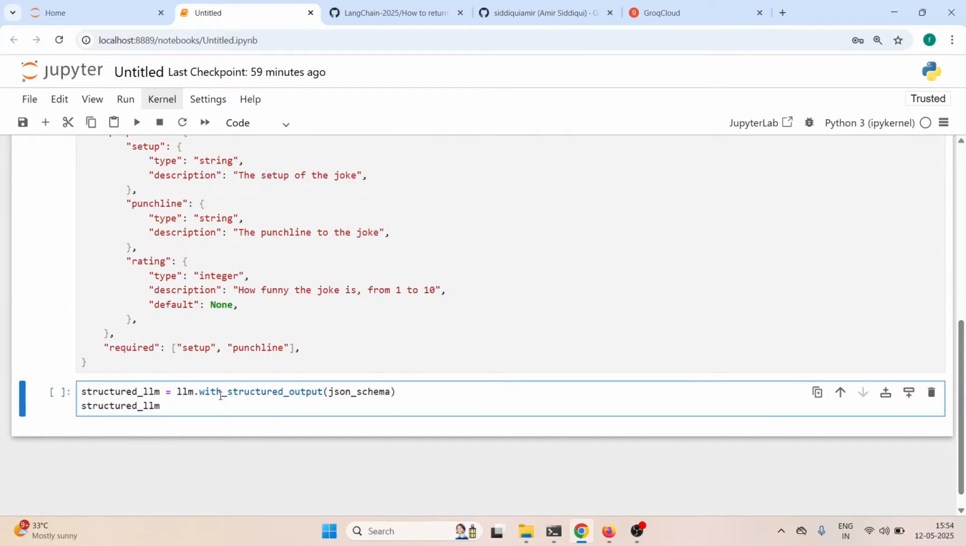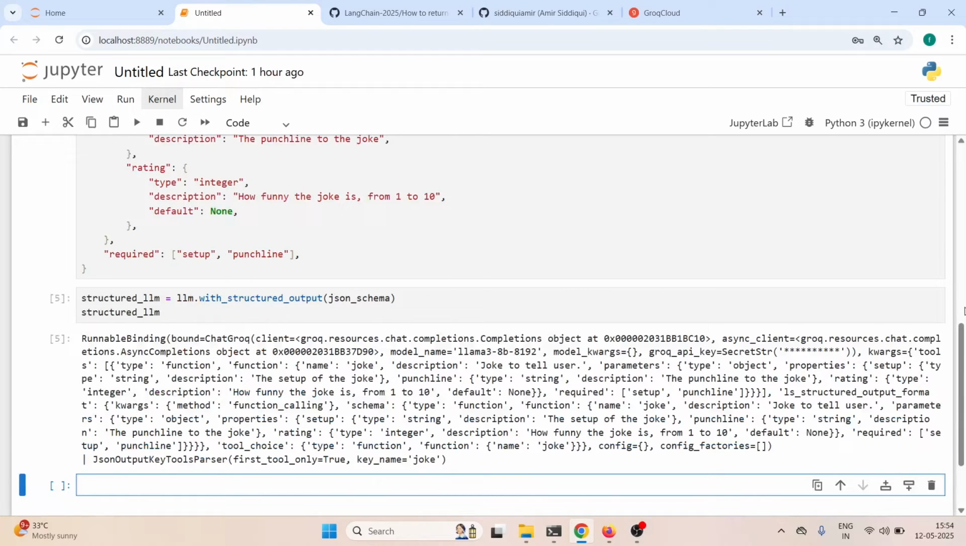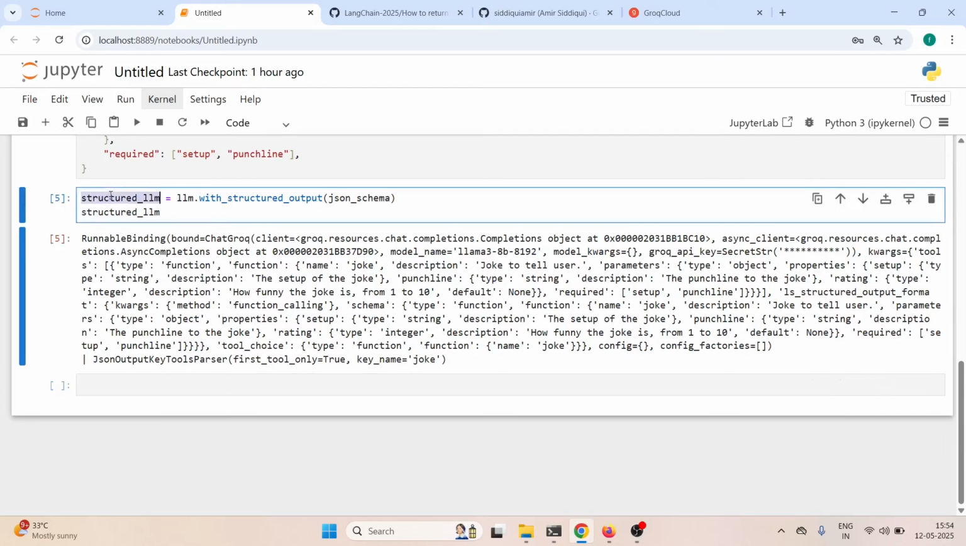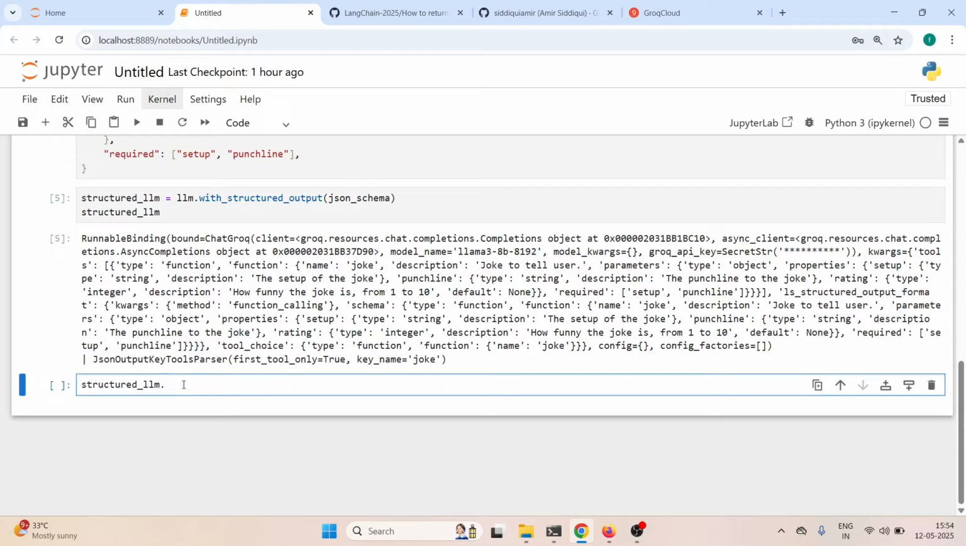Now let me execute this code. So here you will see we got some output here, and now we are going to invoke. We will use the invoke function on this structured LLM, and then we will ask a joke now. So we have created this structured output, and now I'm going to copy this structured LLM here. On this I will call invoke function, and now I'm going to ask, tell me a joke about cats,